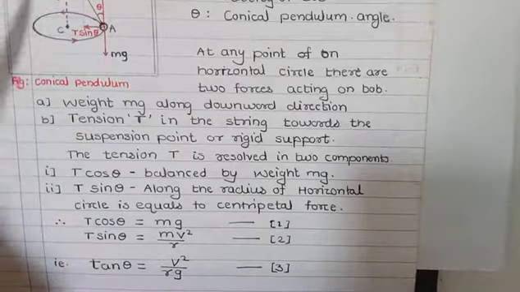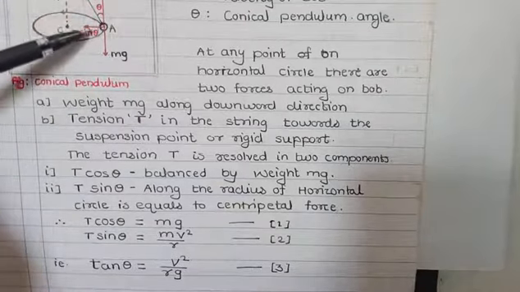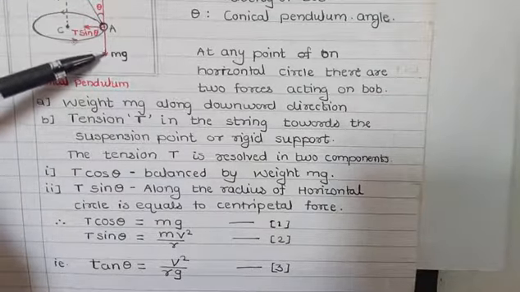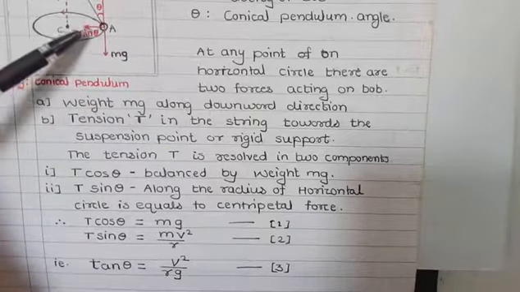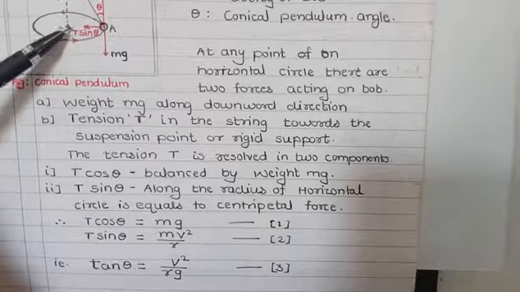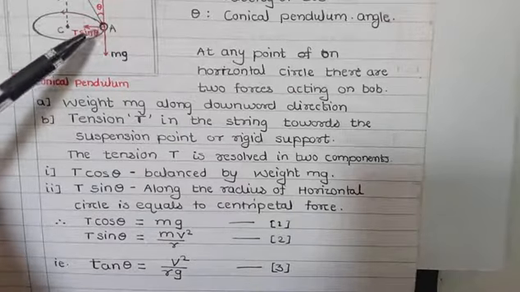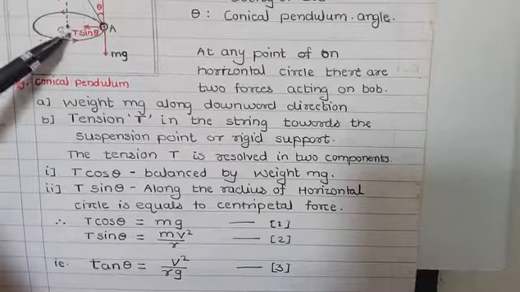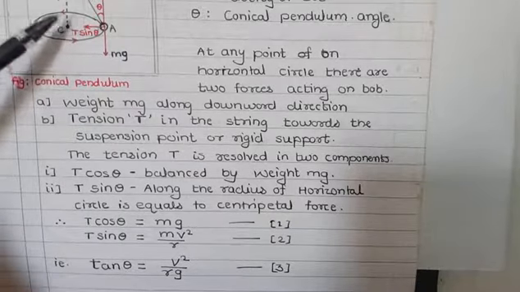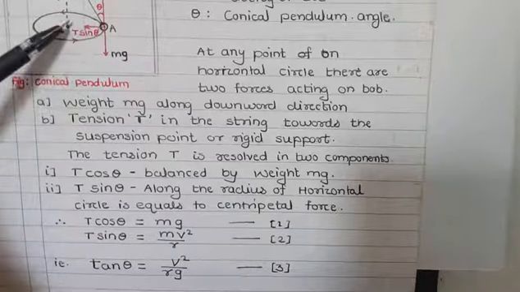Again, see this diagram. From the diagram we say that the T cos theta, this is a vertical component balanced by downward weight, and the T sin theta, this is a horizontal component which is along the radius towards center of this circle. Means physics says that the force which is along the radius towards center of the circular motion is called as centripetal force. Means the T sin theta, this horizontal component is